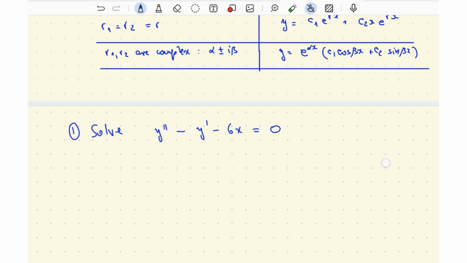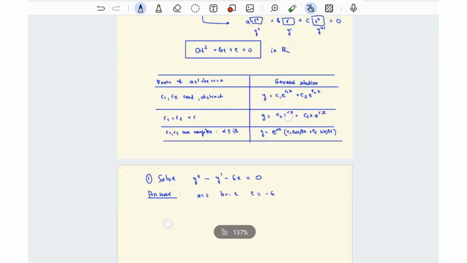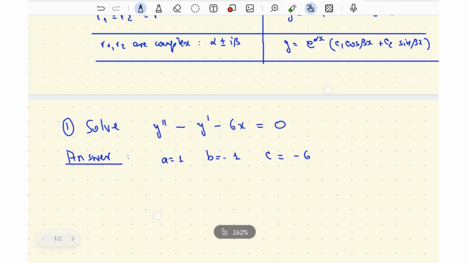You can pause the video and try, and here is the solution. In this case, a equals 1, b equals minus 1, c equals minus 6. So we have the characteristic equation r squared minus r minus 6